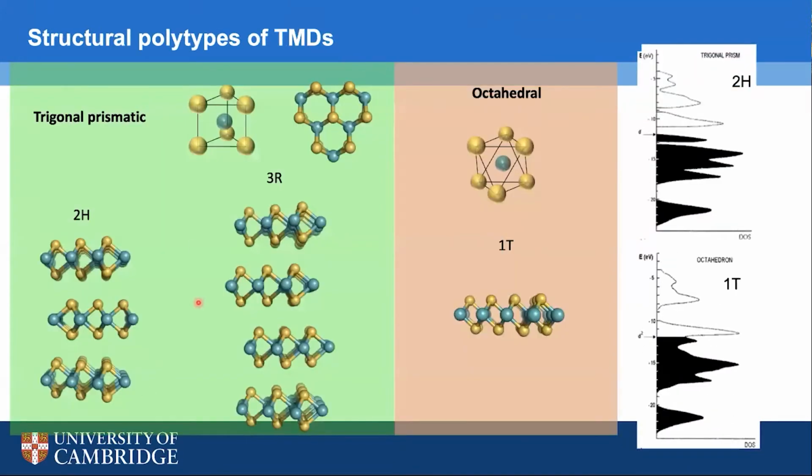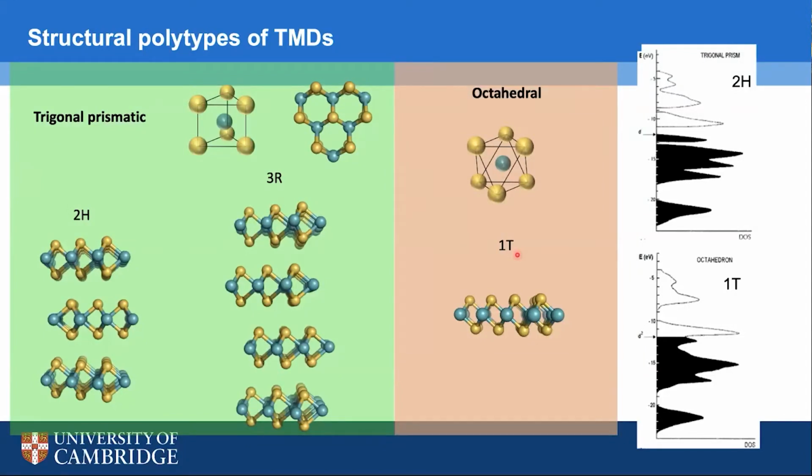So this is what the phases look like. The 2H phase in the case of MoS2 is shown here. The 2 refers to the fact that the unit cell in the case of multi-layered MoS2 requires 2 layers to define a single unit cell. But one can also have a 1H phase configuration in a monolayer of MoS2. And the octahedral, or the 1T phase, is similar to the 2H phase, except that the sulfur